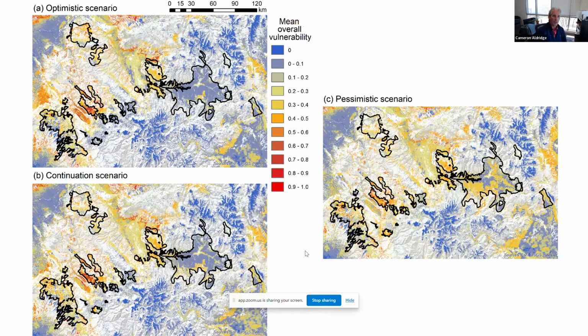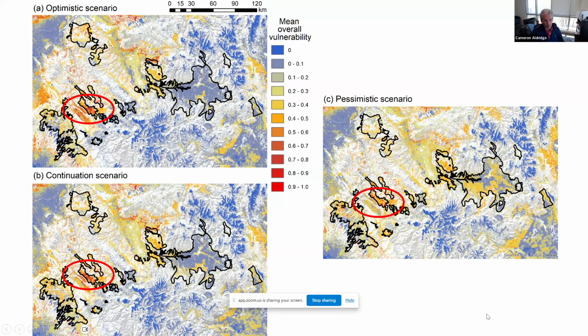And what I'm showing here is the mean overall vulnerability score combined across the 6 different factors. I'm showing you the optimistic scenario, where we're reducing our warming, the continuation as is, and the pessimistic 8.5 scenario. Draw your attention to the Cerro Sims Summit population right here. You can see in all 3 scenarios, this has the highest overall vulnerability with a lot of risk factors that are happening here. We also see here the Dove Creek population